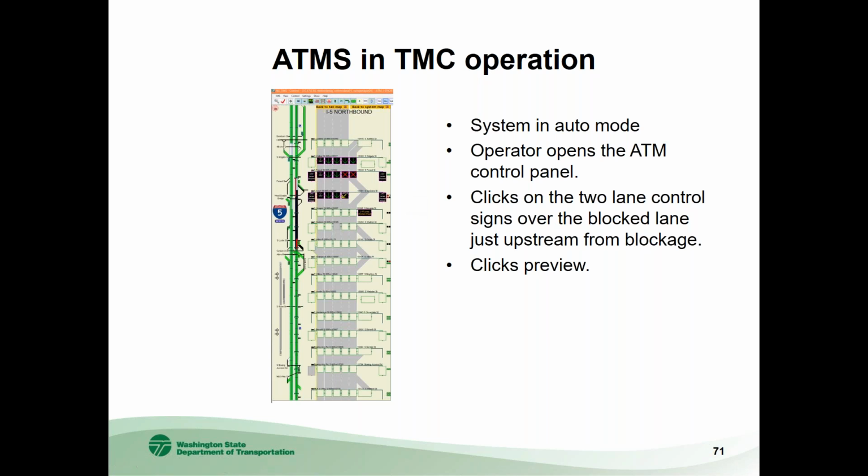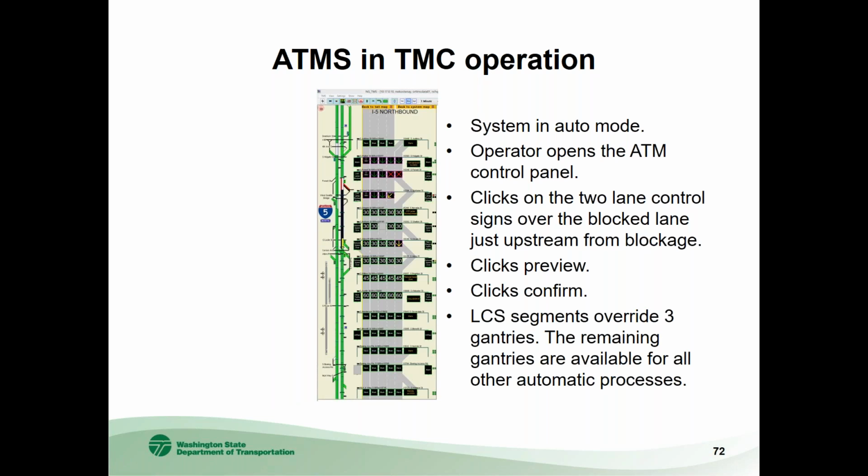And once it's confirmed that, yes, everything is clear, ready to go, the next thing is, boom, hit deploy. Then again, the manual process in this case is the lane closure, the merge, and the adjacent through lanes, and all the messages override the background process, which has been the speed limit process. And basically that's the